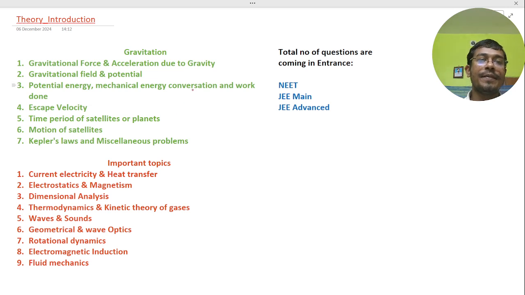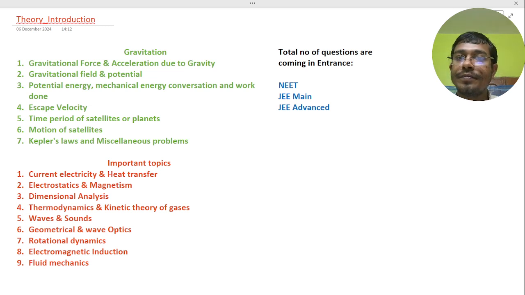The subtopics are gravitational force and acceleration due to gravity, gravitational field and potential energy, mechanical energy, conservation and work done, escape velocity, time period of satellites or planets, motion of satellite, Kepler's law, and